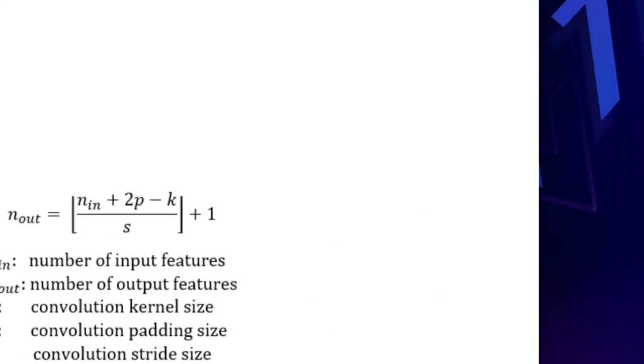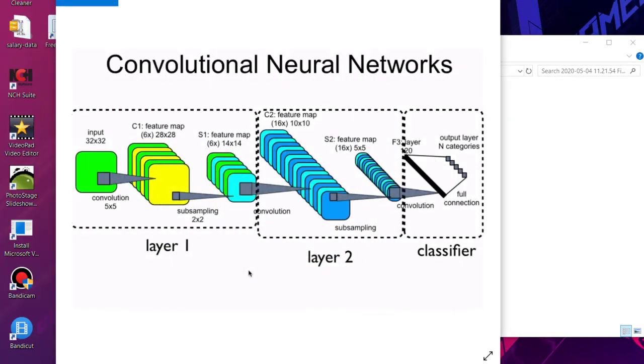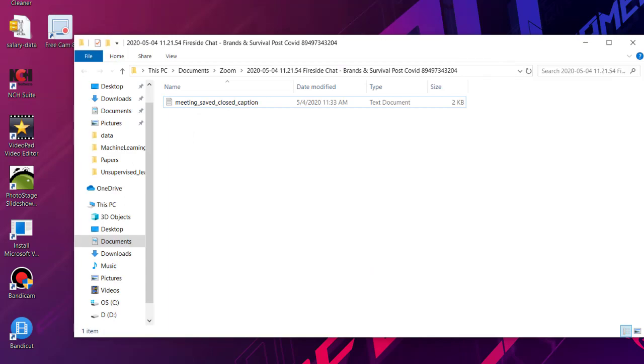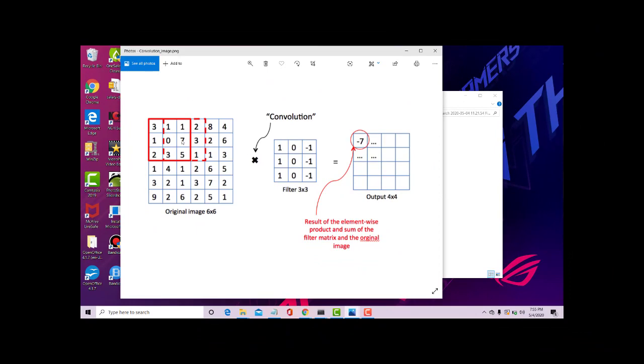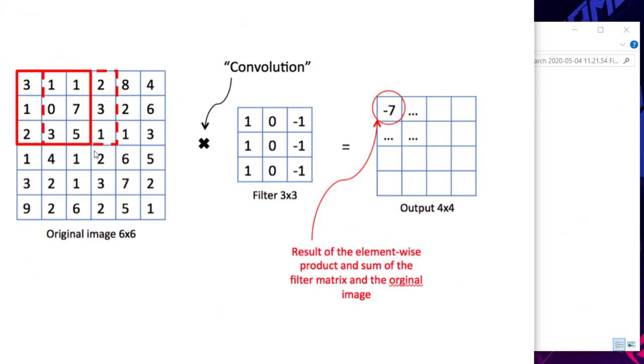Okay, so I'll quickly show you how the filter actually goes through the image. Okay, so this is how it will look like. So this is the input image of size 6 by 6, and my filter is 3 by 3. All I need to do is place the filter at the first point and calculate the values. So let's say the filter is like this, right? 1 1 1 0 0 0 minus 1 minus 1 minus 1. So first convolution I do is I place it here. This is called spatial convolution, right? It's not time convolution. So this is placed here, and these are multiplied.